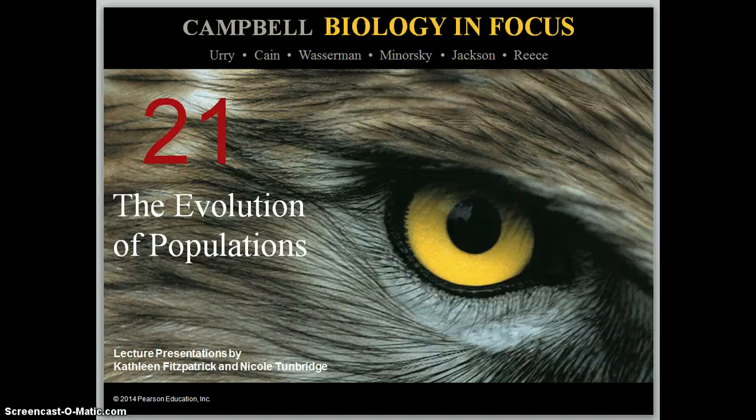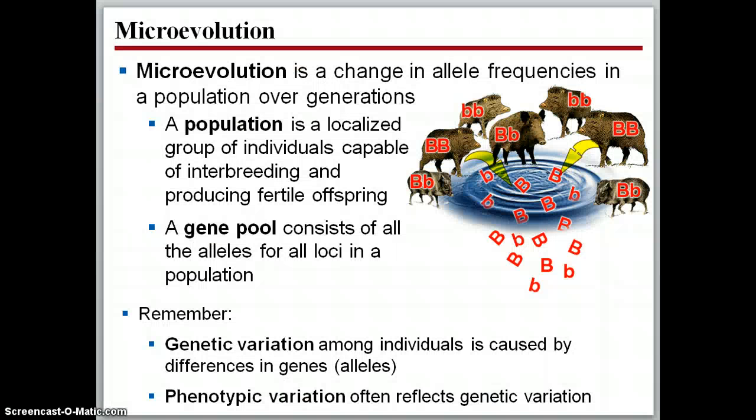Hi ladies, this is chapter 21 on the evolution of populations. What we're going to start studying right now is microevolution, which is the change in allele frequencies within a population over generations. A population is just a localized group of individuals of the same species that can interbreed